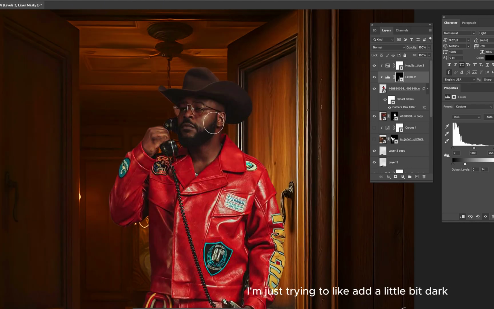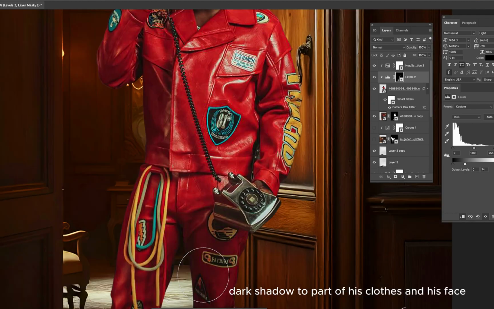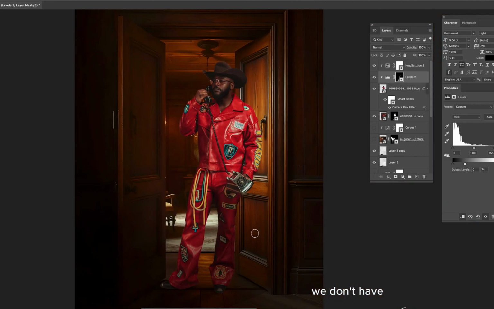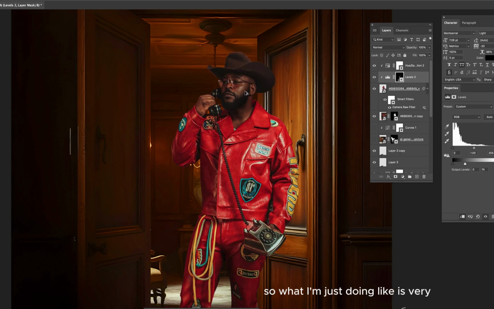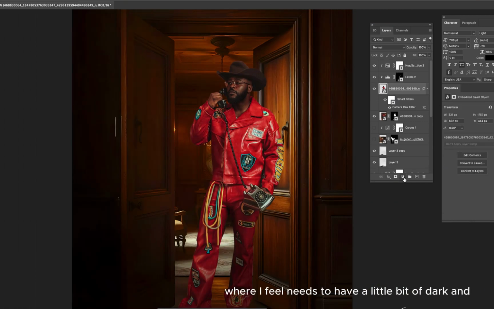So right now I'm just adding a little bit of dark shadow to part of his clothes and his face. Actually, now we don't have any source of light coming from anywhere, so what I'm doing is very basic, just adding where I feel needs a little bit of dark and